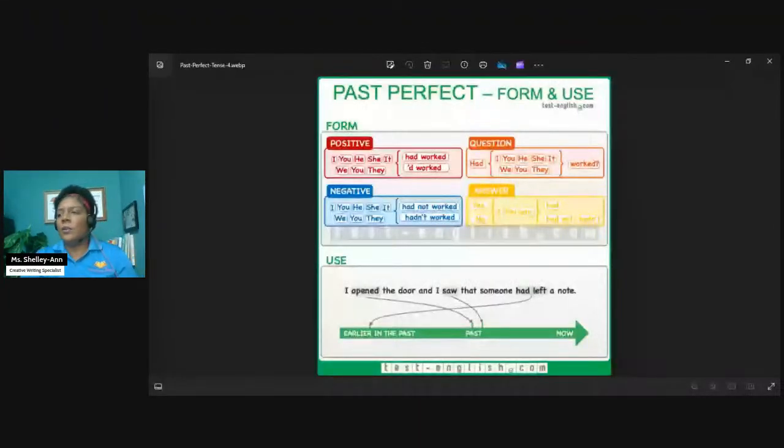Right, there we go. Now notice this came from test-english.com. You can see the URL at the bottom. It's kind of spelled out. This is what I mean when I say the ESL programs that are online. You get way, way, way detailed information, very simple and presented in a way that it's easy to understand